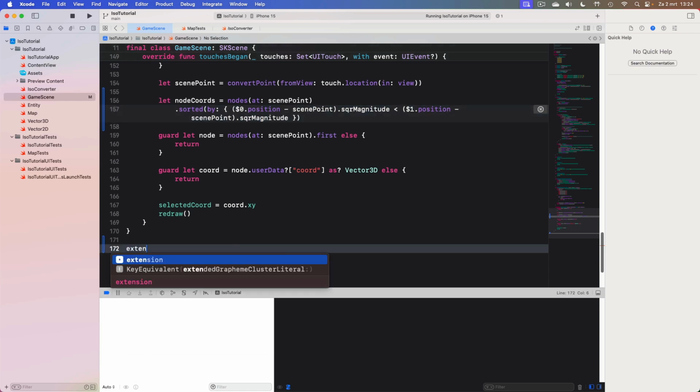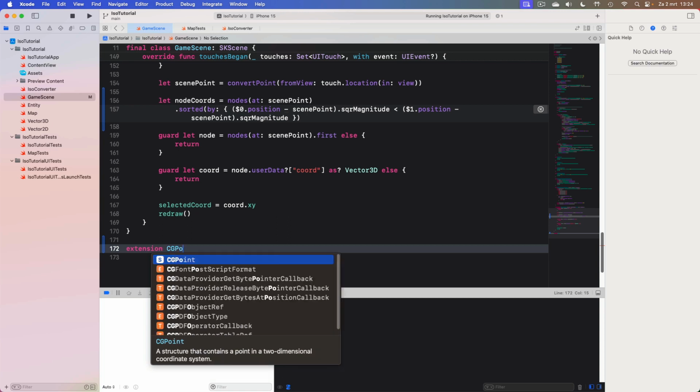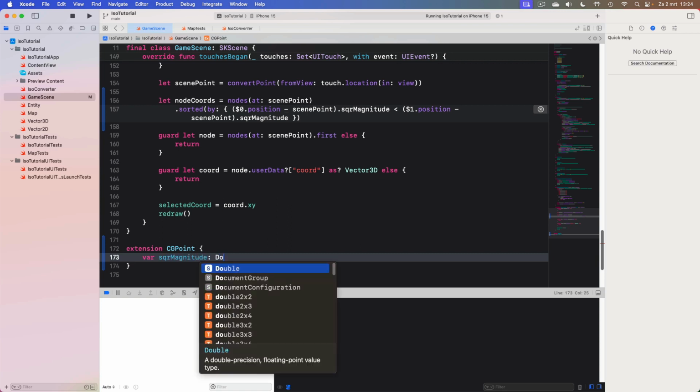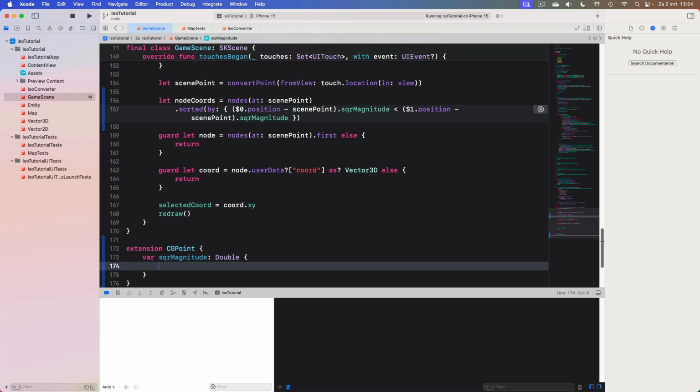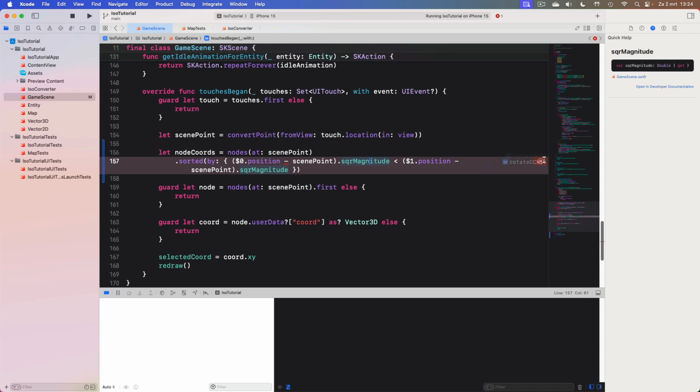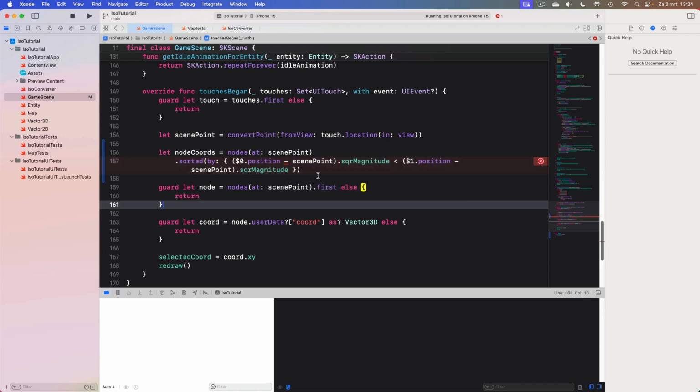So let's create a quick extension that adds a computed property of type Double that just returns the square magnitude. And this is slightly more efficient than taking the actual length of the vector because we didn't have to do a square root. So now the square magnitude we can get, but we still have a problem because we try